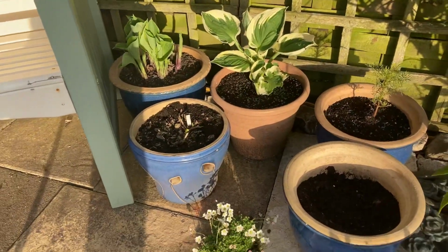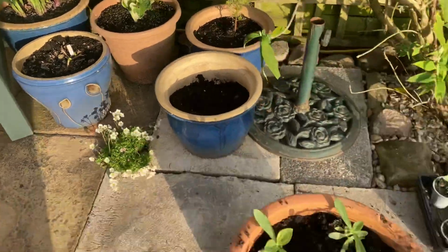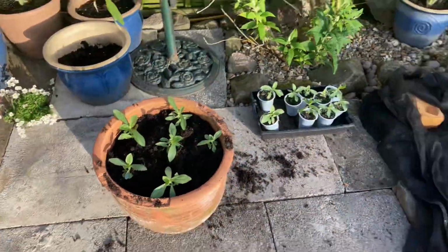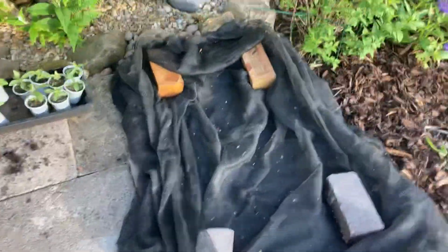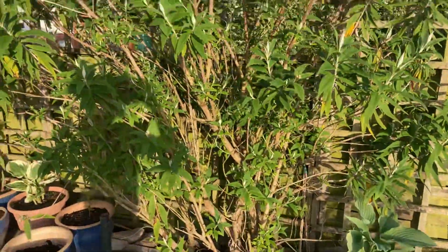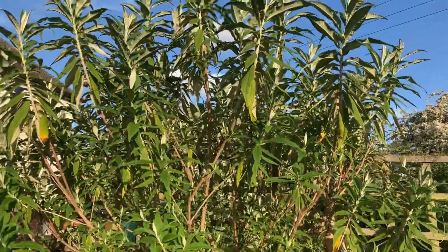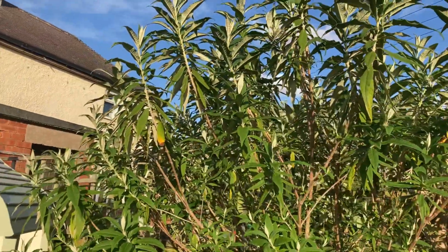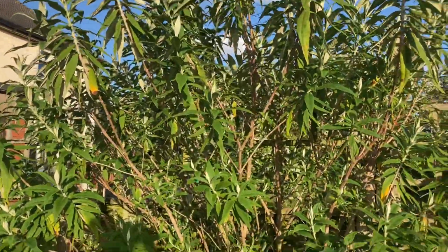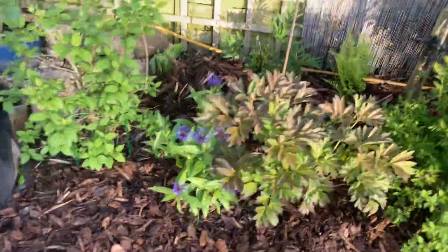And the missus absolutely loves hostas. So there we go, hostas. Believe me, as we go on this tour, you will see hostas. Another hosta in a pot. That there is an orange buddleia. We can't wait for that to come out because it's my favourite one. It's an orange buddleia. You get the little round balls, and it's due to flower in about 2 or 3 weeks' time. So as we move along,